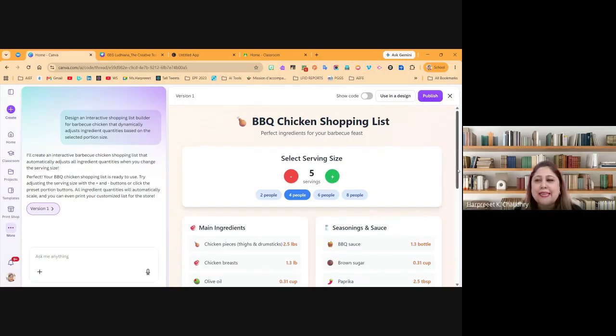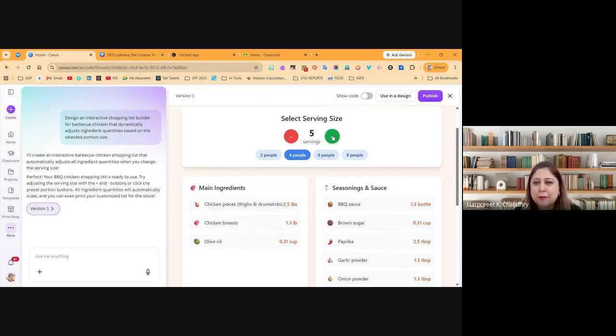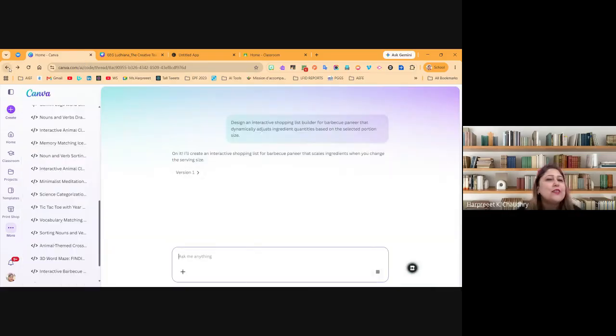The moment I increase the serving, it increases. I click on 6 people or 8 people and I say 8 servings, this becomes 4 pounds. If I make it to 2 people, it becomes 1 pound. So that is what it creates. So you see, and you can publish it. This was just for fun. I created for myself. So with this, I think we are at the pause of Canva code